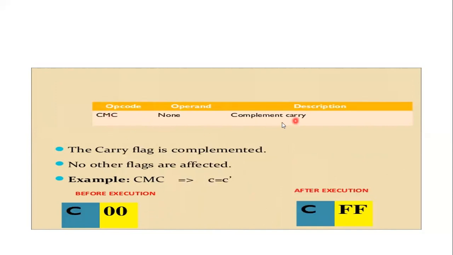So the next one is complement carry. The carry flag is complemented. No other flags are affected. So carry here is complemented.